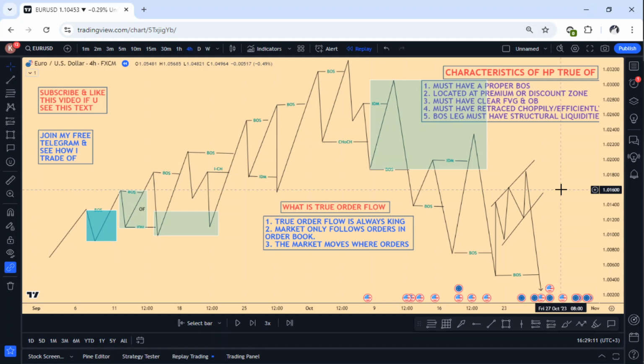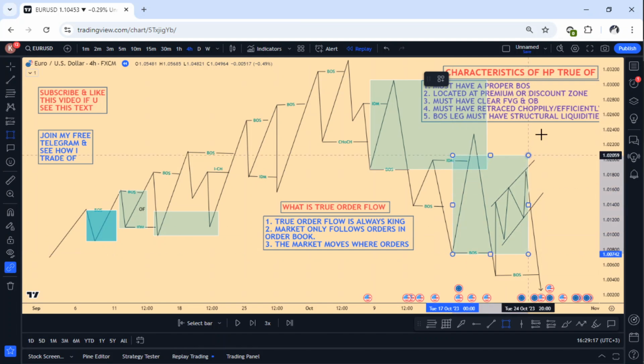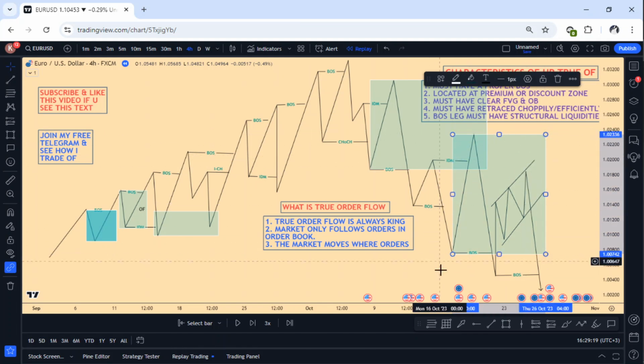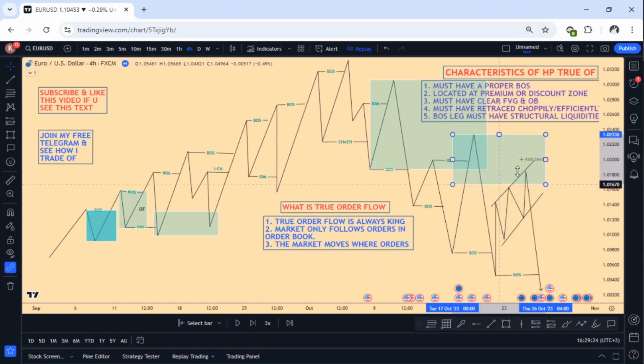Again, the market now breaks structure. So this whole leg here, this last buy before sell becomes our order block. So you can refine it to somewhere here, and then I said the market should be coming back choppily so